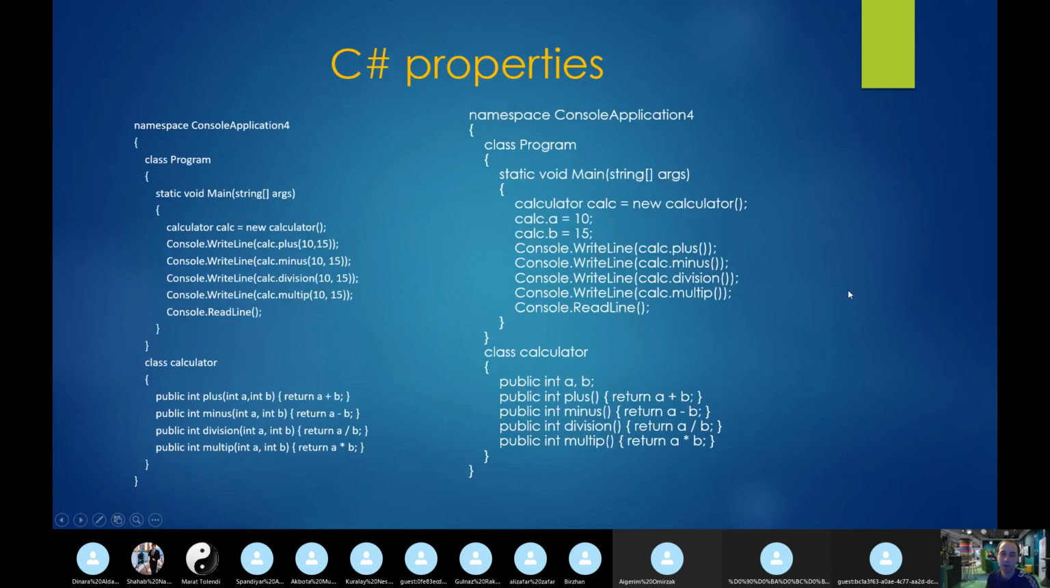And about the properties of C#. The property allows us to assign and to get the values of the fields. So we generally use a property with the same name as the name of the field. Sometimes the properties